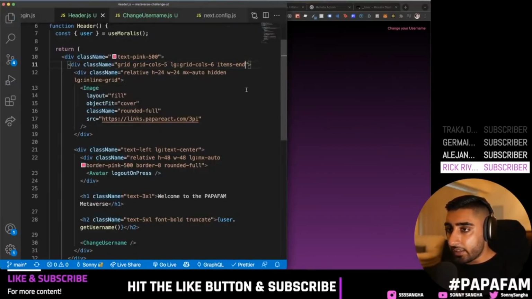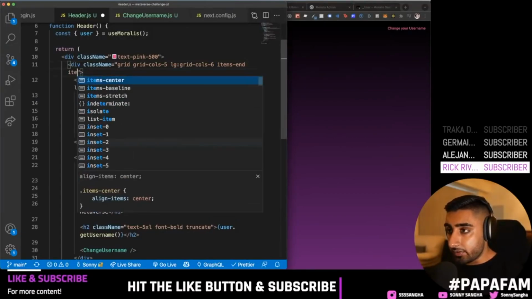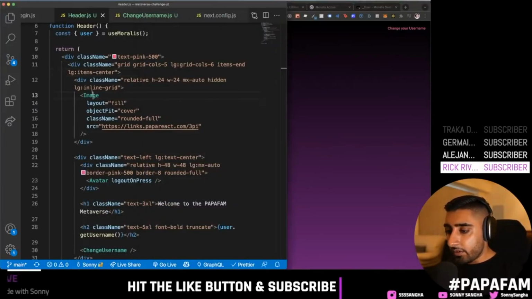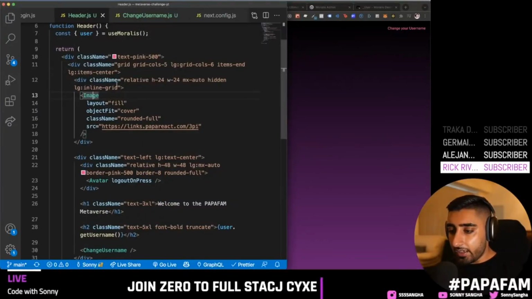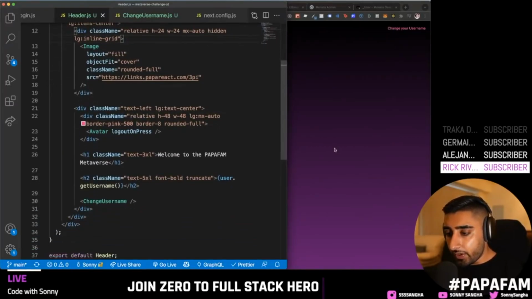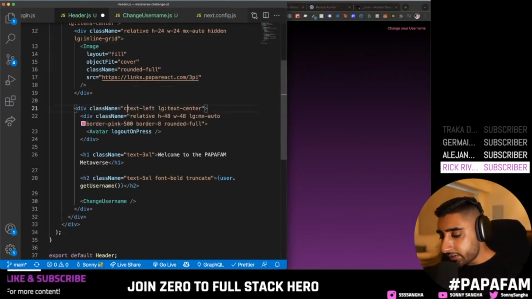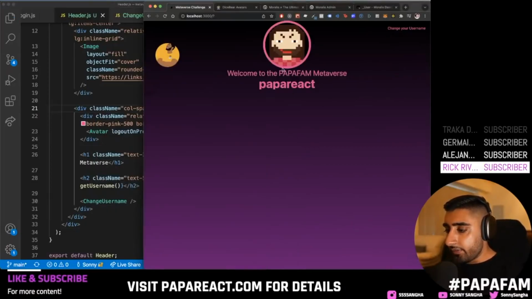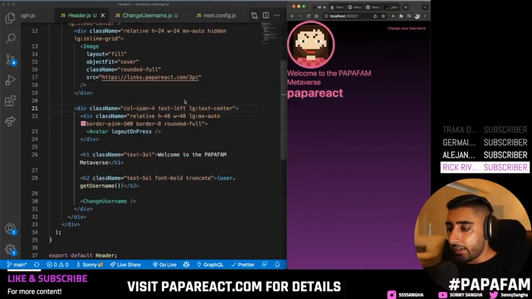And then we're going to say the items should be center as well on the large screen. So large screen, the items should be on the center, right? Now give it a second. We need to actually give each of these things their column span, right? So in this case, the div over in the middle should span the majority. This one is going to be the main one, so this is going to say column span 4. Right, let's save, and now you can see it centers it and it's spanned